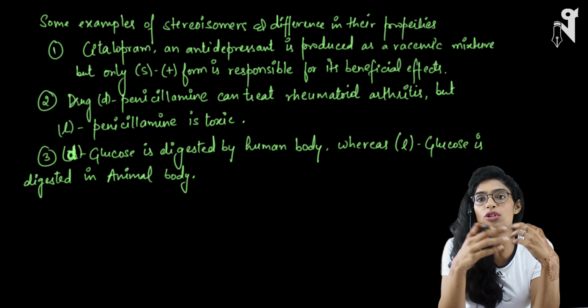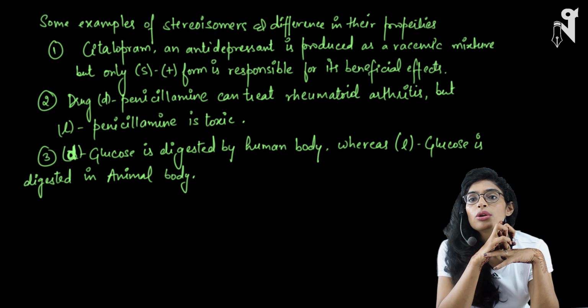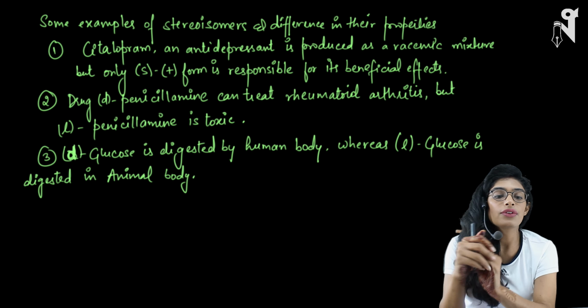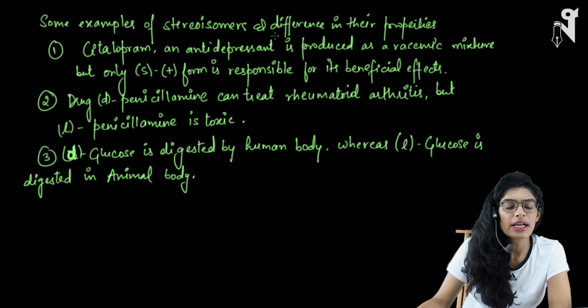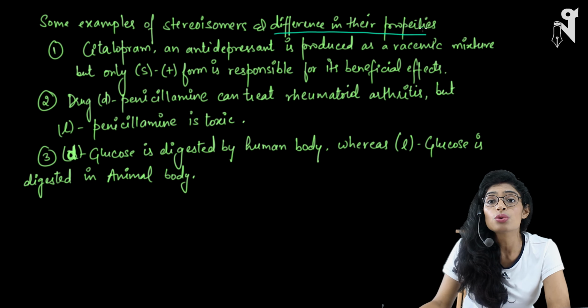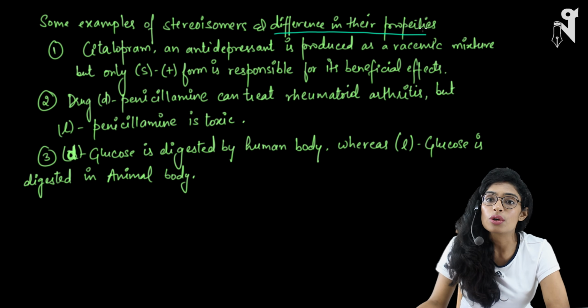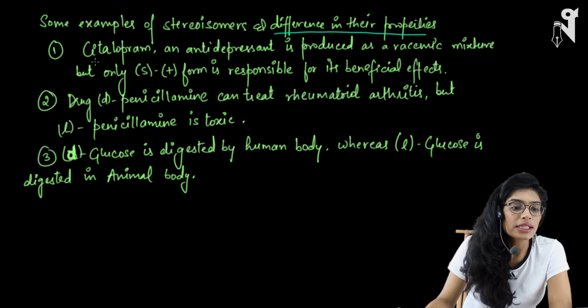when we change the spatial arrangement, when we change their arrangement with respect to the 3D geometry, it makes a difference in their compounds. Okay, such kind of compounds, I have written it over here, I've listed down some where we had seen the differences in their properties due to the change in the arrangement of the molecules or substituent groups or attachments in the 3D geometry. So there is one citalopram.